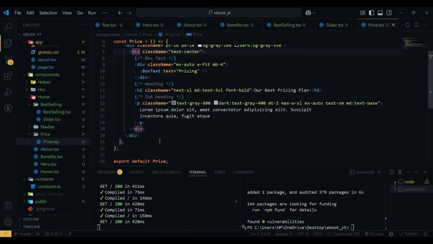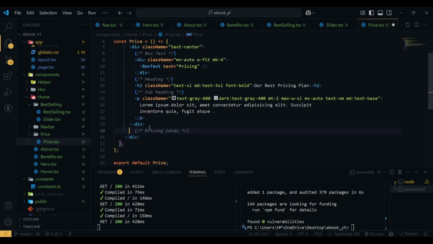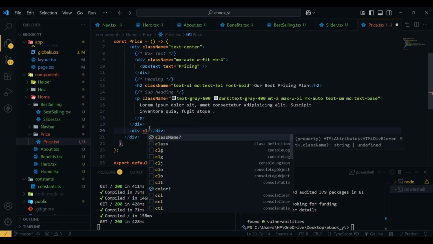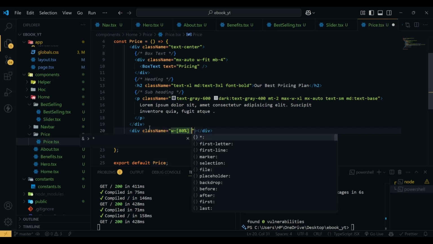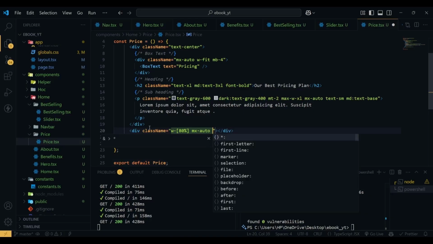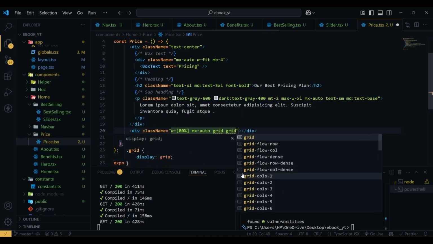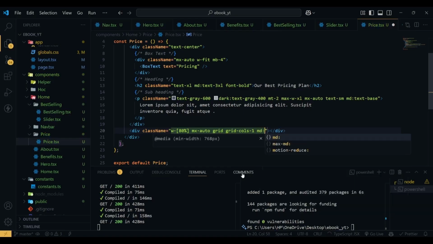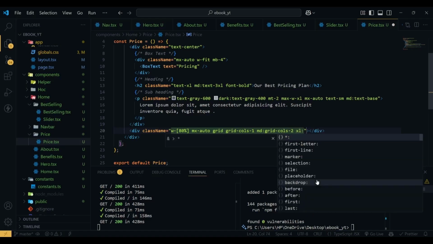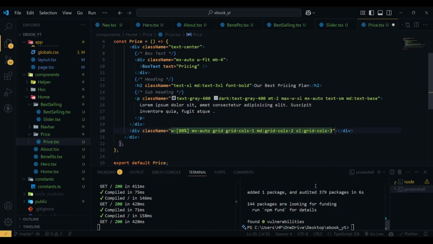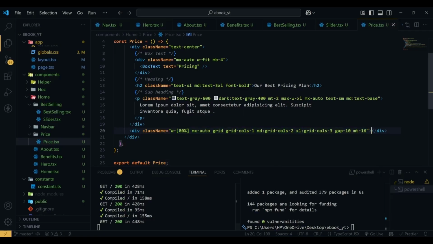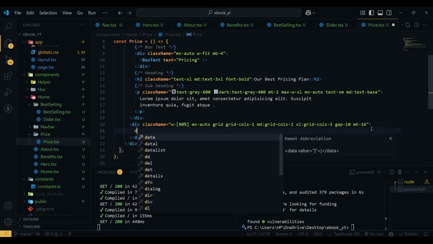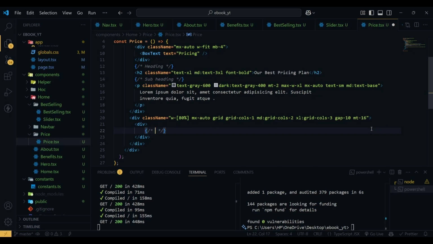Then after this div, we have another div with class name of width will be 80%. Then we have mx of auto, grid cols will be 1, and in medium screen grid cols will be 2, in extra large grid cols will be 3, gap will be 10, margin top will be 16. Now inside this div we have another div, and here we are going to create a separate component for our price